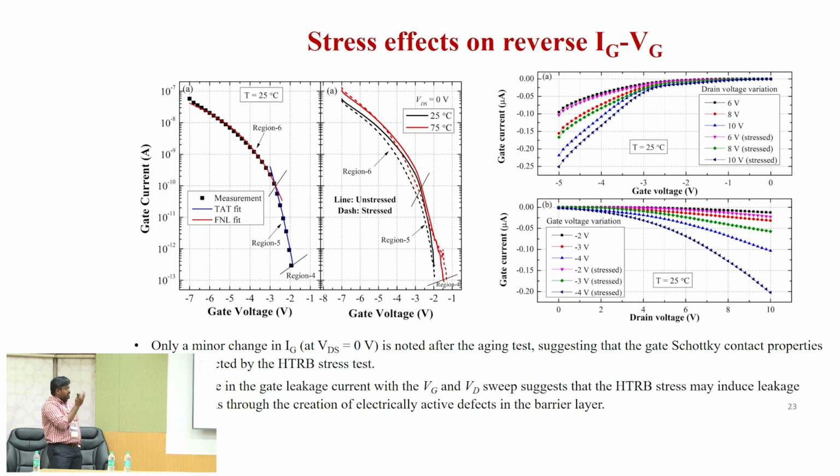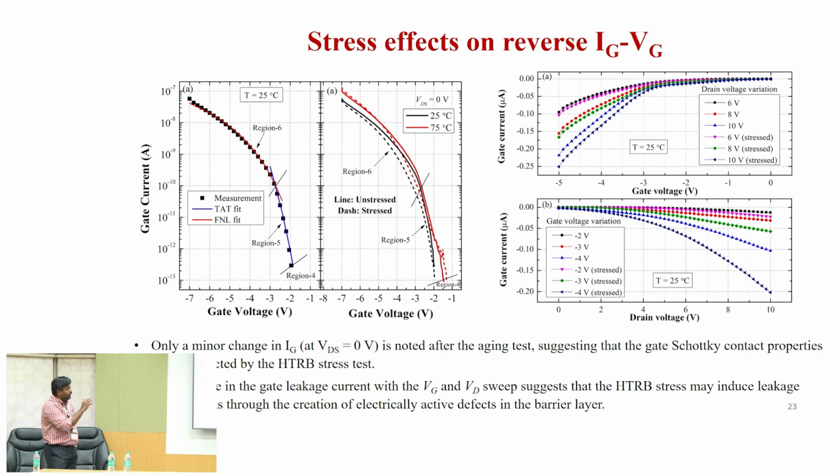So accordingly, it may be considered that even though in forward current there is a small reduction in the gate current, in reverse bias there is no considerable variation in the gate current after the stress. So it may be considered that the gate Schottky diode quality is not affected after the stress effect. Anyhow, we have done this for 1000 hours. If you extend for more time, or operate at higher temperature, it may even affect